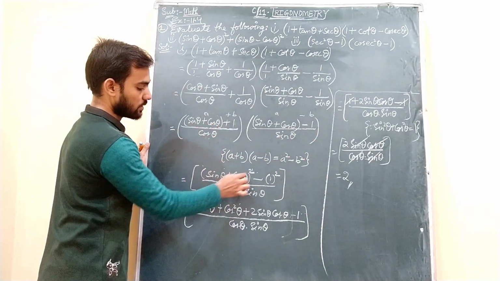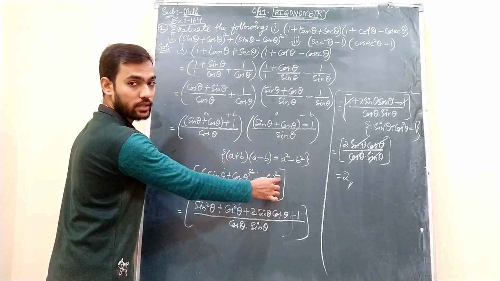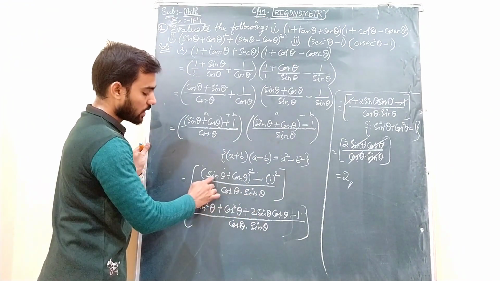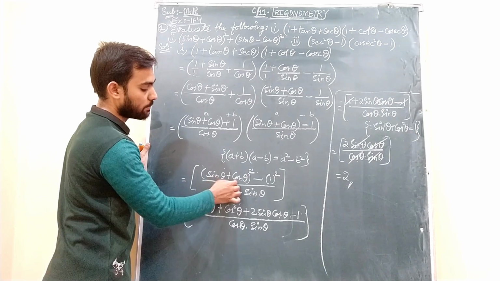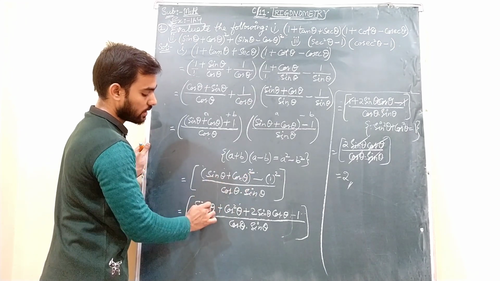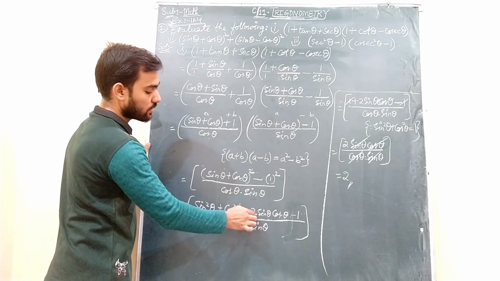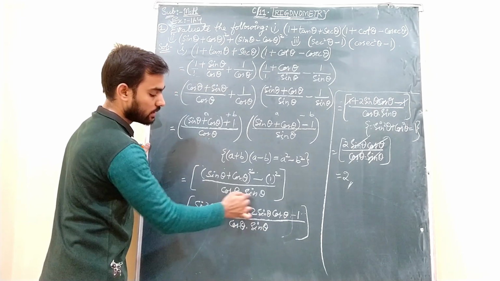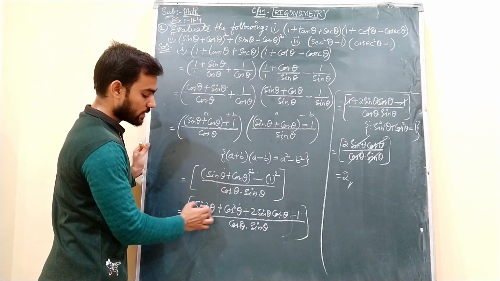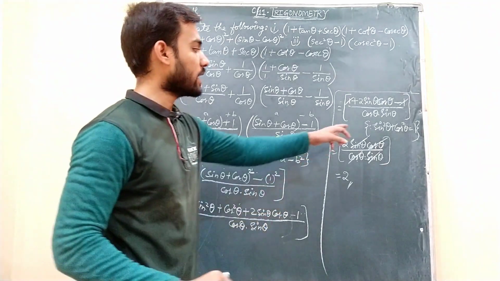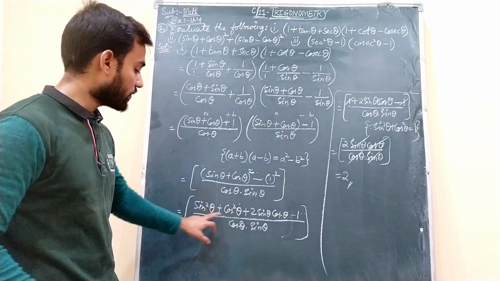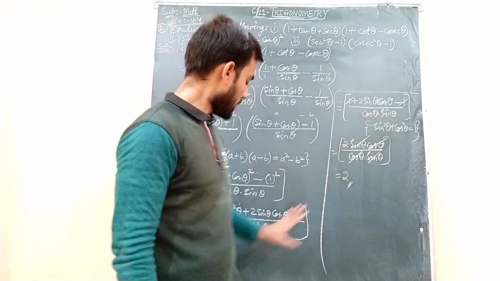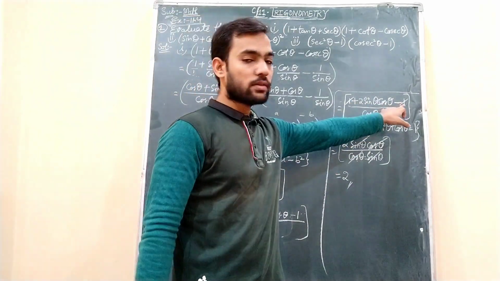I wrote a square minus b square, divided by the denominators gets multiplied directly, that is cos theta into sin theta. Now it is again like one more identity, a plus b whole square. So it became a square plus b square plus 2ab. Okay, then minus 1 square is 1, whole divided by this denominator as it is goes on. Now sin square theta plus cos square theta is our first trigonometric identity, that is 1. So in place of this I wrote 1, then plus 2 sin theta cos theta as it is, then minus 1 is also as it is, denominator also as it is, plus 1 minus 1 got cancelled.